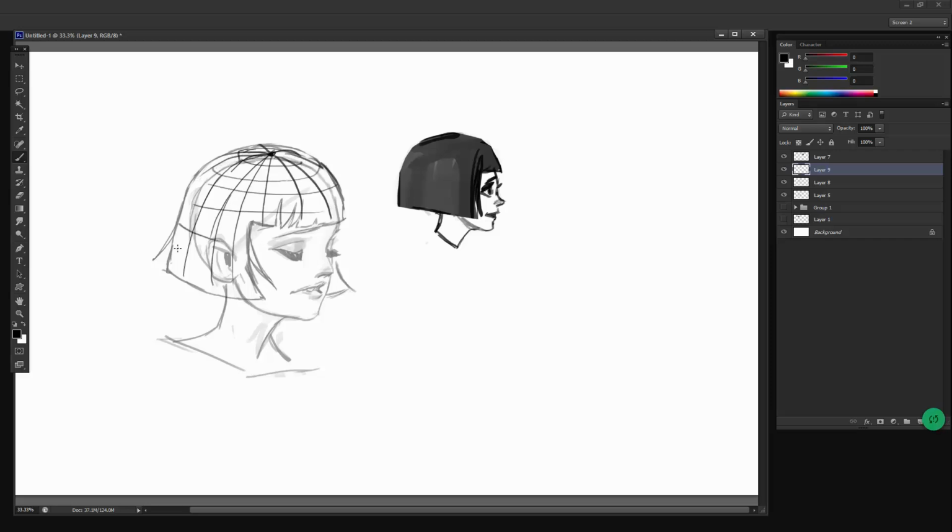So yeah, now that we understand the form, if we were to light it, the highlight would be on these polygons. And if there's another light source coming from here, you know, these polygons would start to pick up light too. And so, yeah,